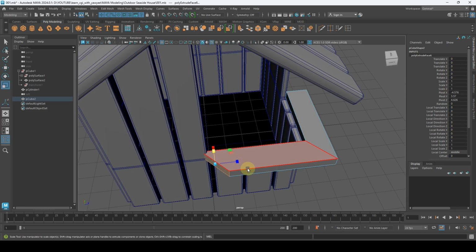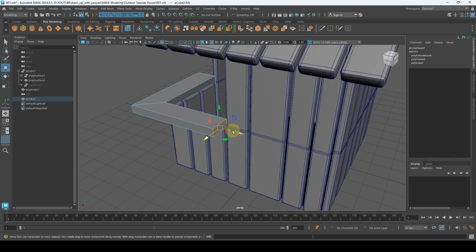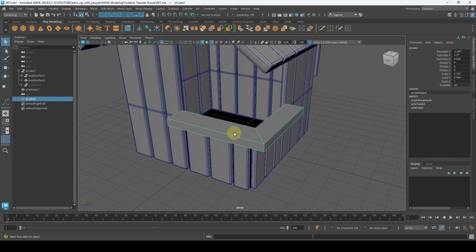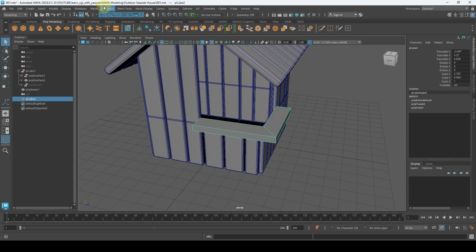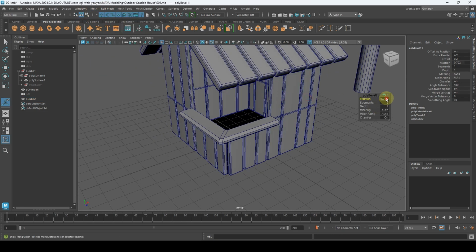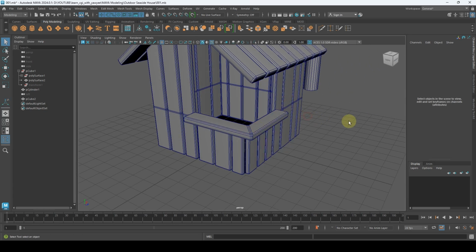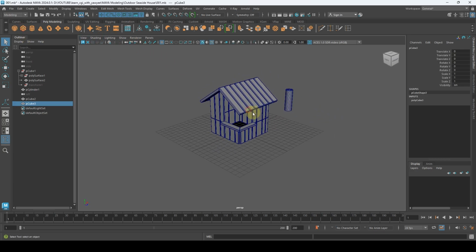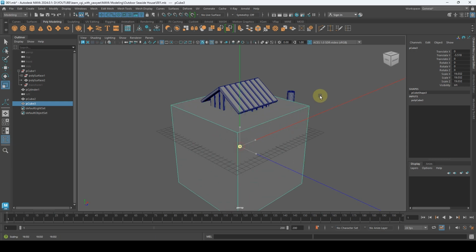Okay, so now press R, scale it, and put it back to here, close to the edges. Alright, here we go. Then let's add a bevel, 0.5, segment of 2. You can left click this text and drag to increase the number. Okay, this is great. So now we're done with the basic house, and let's continue with,